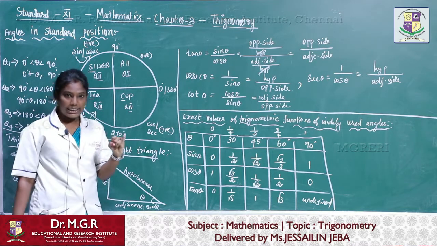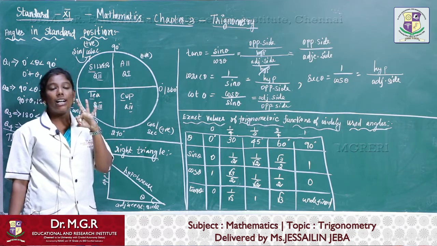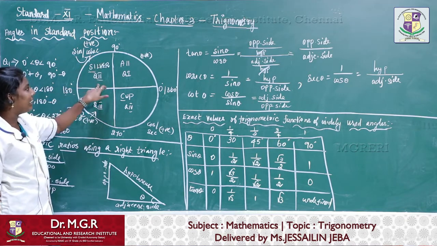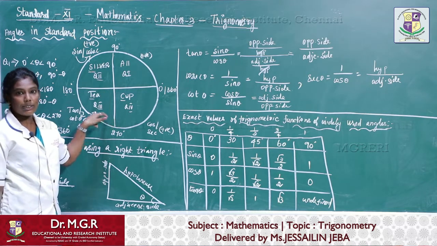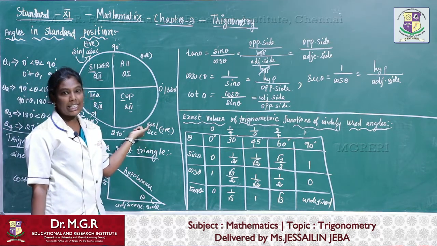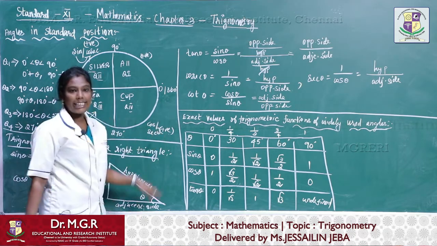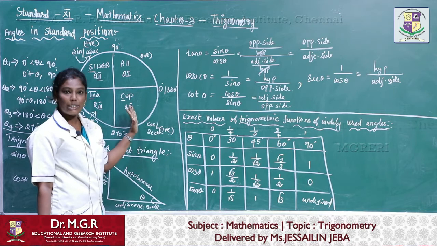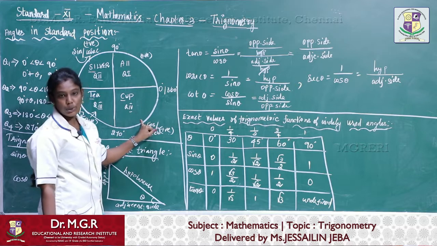Yes, cos theta, cosecant theta, cot theta. So 3 ratios we are having starting with letter C. Cosecant theta is already finished in the second quadrant. Also cot theta is finished in the third quadrant. So what is the rest of the ratio which is starting from C? Cos theta. So cos theta and its reciprocal, secant theta, are positive in this fourth quadrant. Only positive in this fourth quadrant. Other ratios are negative in this fourth quadrant.